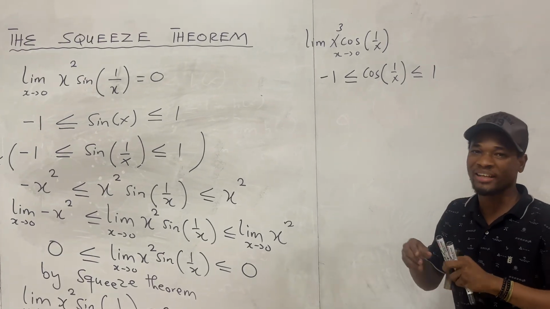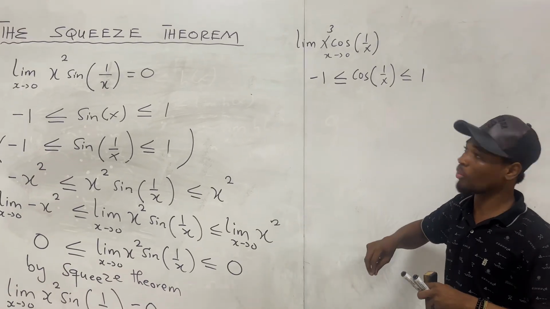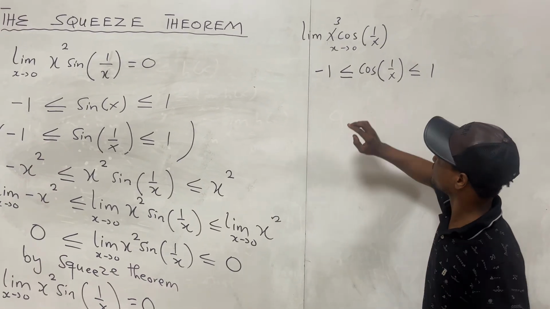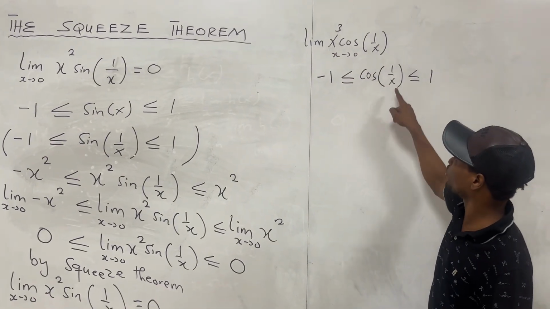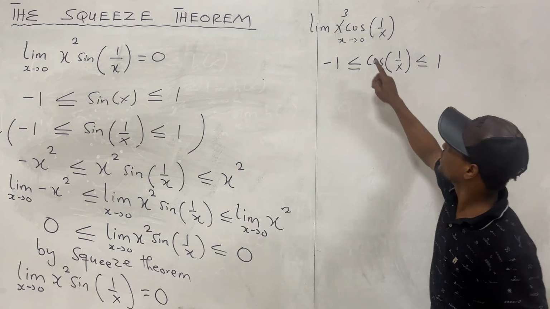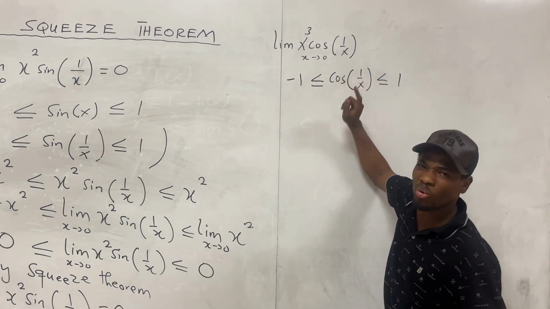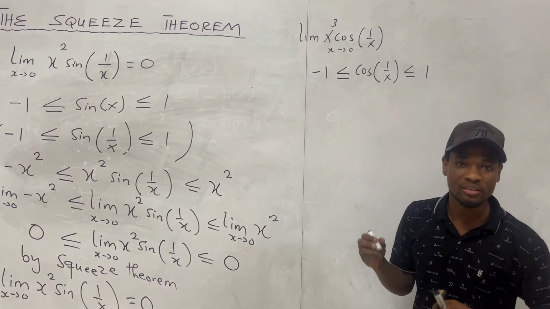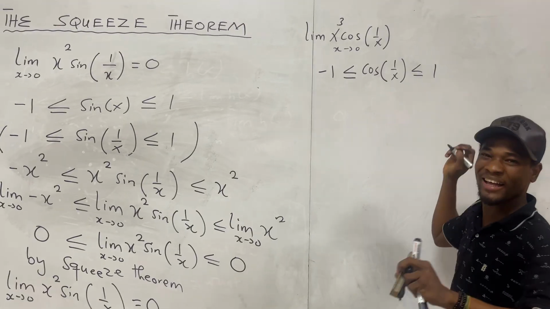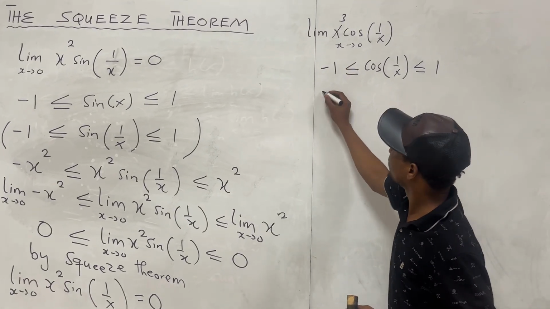So viewers, remember I said we are going to adjust this. So what do we do here? From the question, we have x cubed multiplying cos 1 over x. So we are also going to multiply the inequality by x cubed. Multiplying by x cubed, we have negative 1 times x cubed, which gives